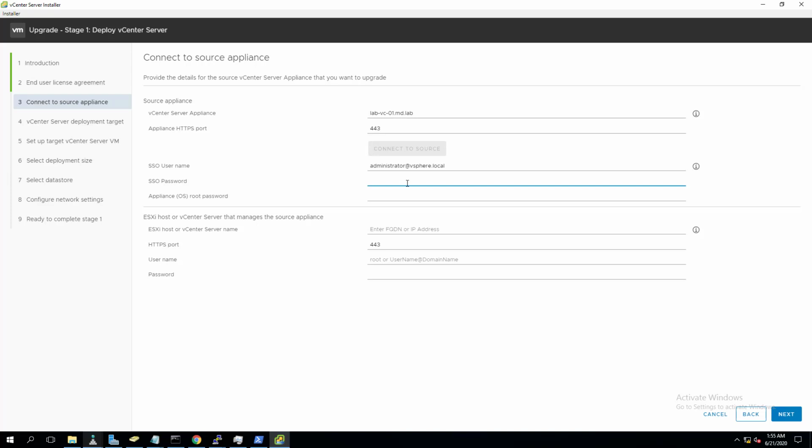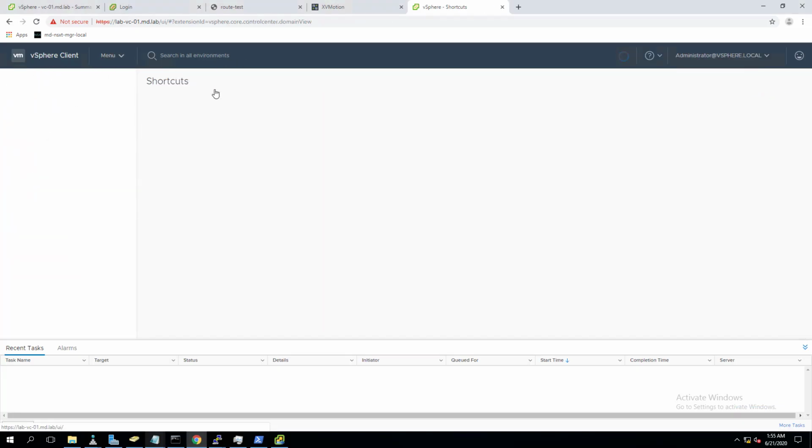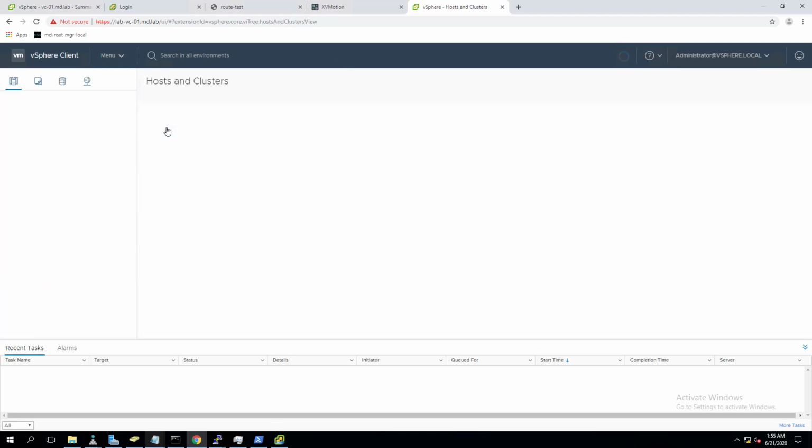We have to enter the SSO username password of the vCenter Server. Enter the SSO password and enter the root password of the vCenter Server appliance, which is the Photon OS appliance, and specify the ESXi host or vCenter Server where this particular vCenter VM is deployed. This vCenter Server is deployed within the inventory of the same vCenter Server.